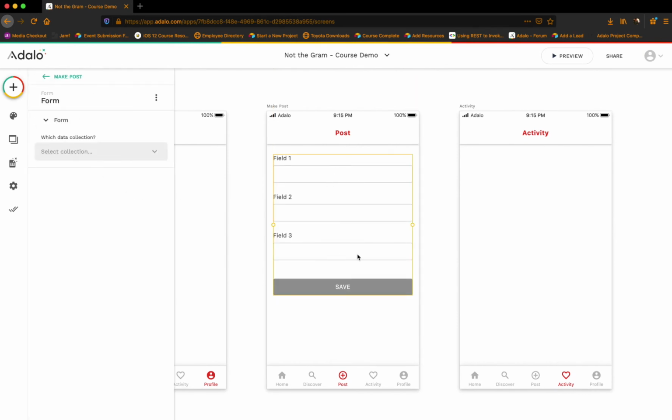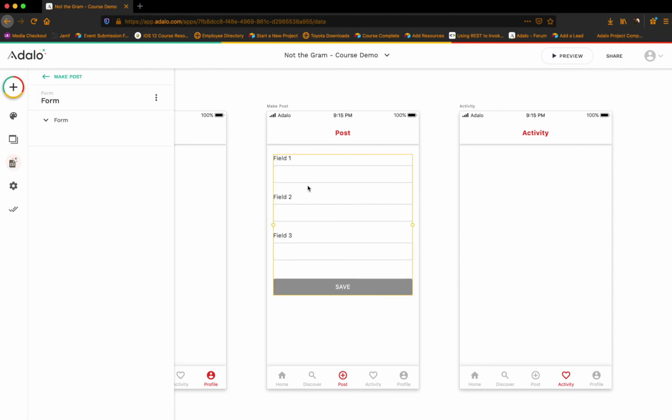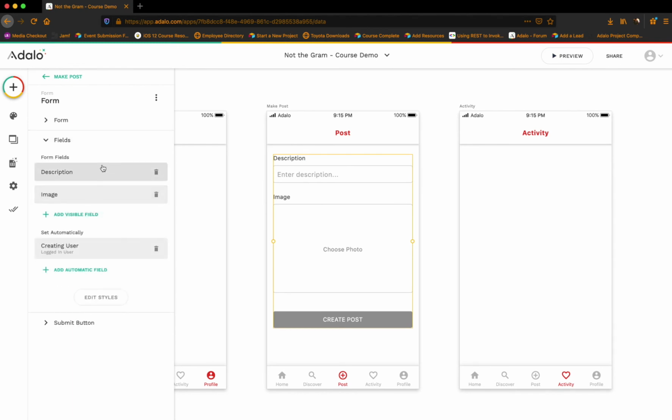Forms are tied directly to databases. So it's asking me which data collection do you want to add this record to. If you think again in terms of an Excel spreadsheet, a record is simply like a row. So for this particular form, we want to add something to the posts, and we want it to create a new post. This will get a little bit into what I mentioned earlier, but these fields here are basically columns within that record. Okay, so we want